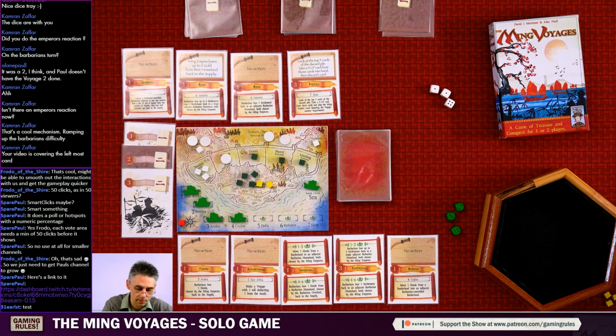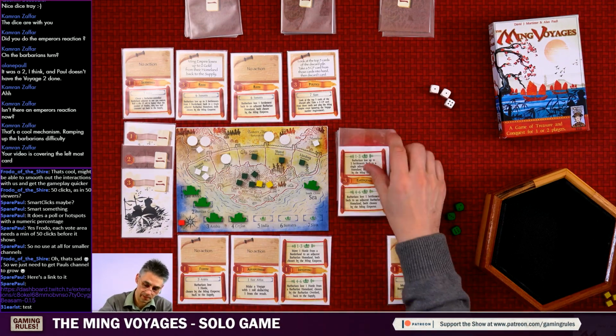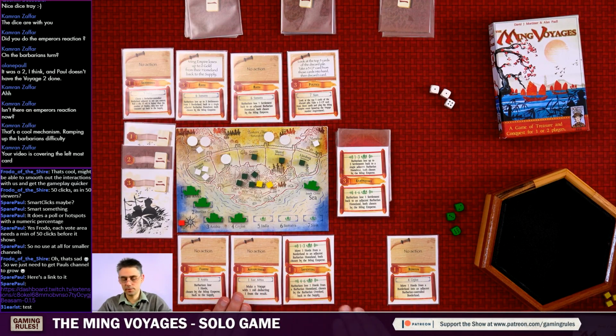As your strategic advisor, I would go for the 3 gold. Four reserves. You've still got 3 borderlands. And if you want to push for the 7, you've got to take a bit of a...